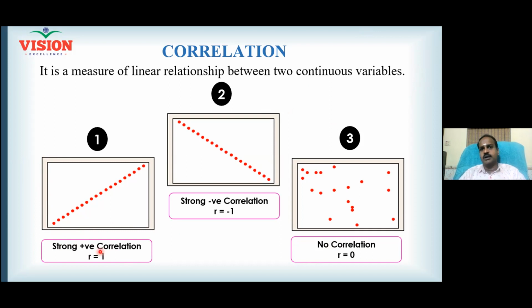And now you can plot this graph, which is called a scatter diagram, only when both your x and y variables are continuous. I hope you know what is a continuous variable, right? Say for example, what is the relationship between height and weight? As the height increases, what happens to the weight? As the height changes, how the y changes. I want to understand the relationship between height and weight. I can plot a scatter diagram and understand.